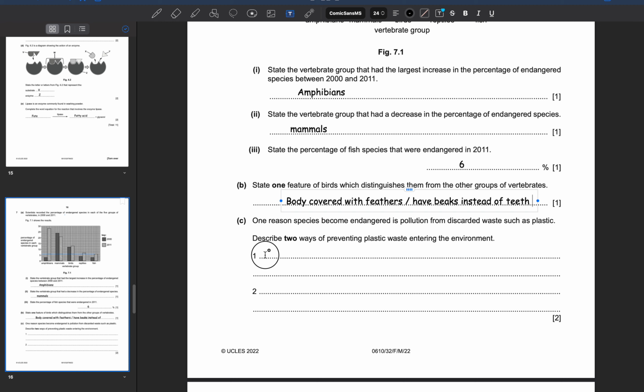One reason species become endangered is pollution from discarded waste such as plastic. Describe two ways of preventing plastic waste entering the environment. How can I prevent this? I have two main ways. I can recycle plastic and use it. I have to write in a sentence, not only a word. So I can write recycle plastic and use it in different ways, in different shapes,